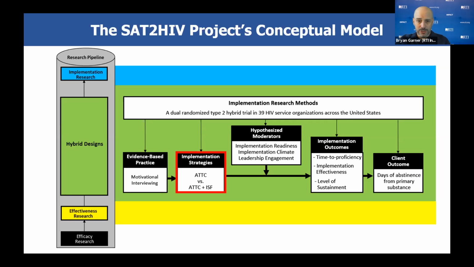The implementation strategies that we were testing were the Addiction Technology Transfer Center's state-of-the-art strategy that was guided by research and basically includes training, feedback, and ongoing consultation. This is what we believed as the necessary but not sufficient strategy. And so on top of that is the implementation and sustainment facilitation strategy. It's an external facilitation strategy that is delivered virtually. It's only once a month for about 30 to 60 minutes and focused on optimizing the implementation climate and